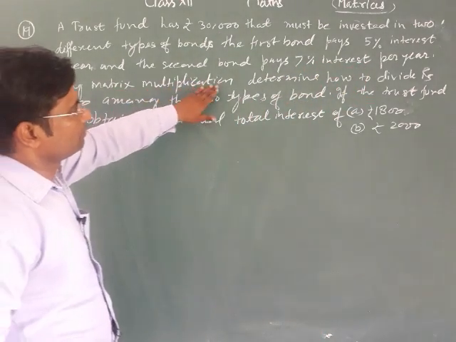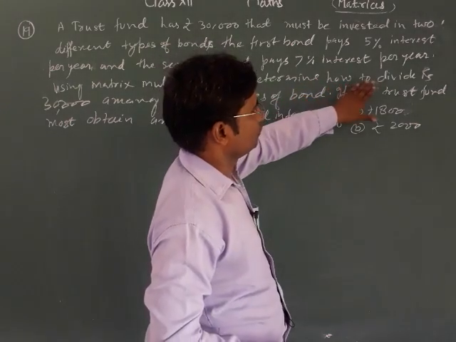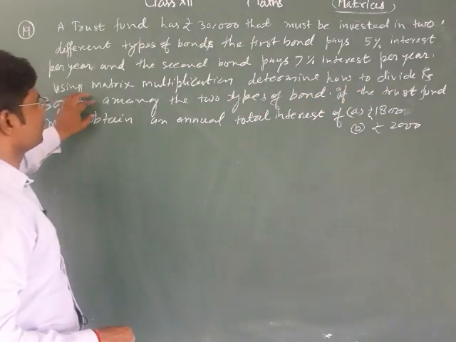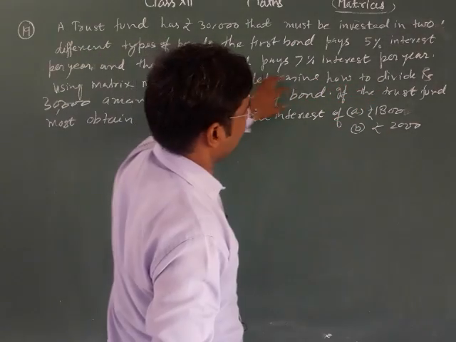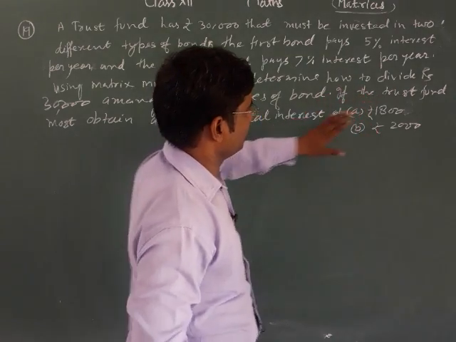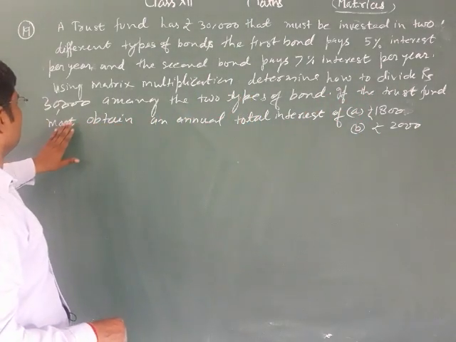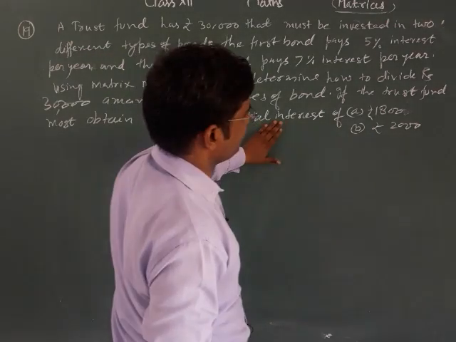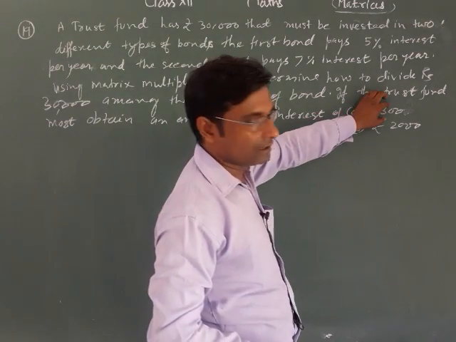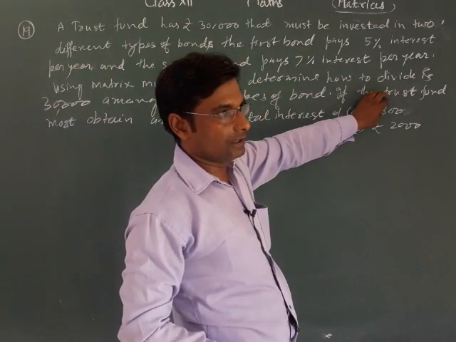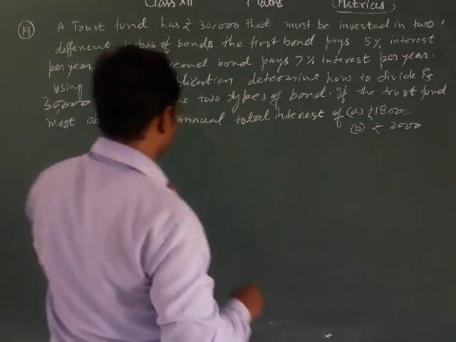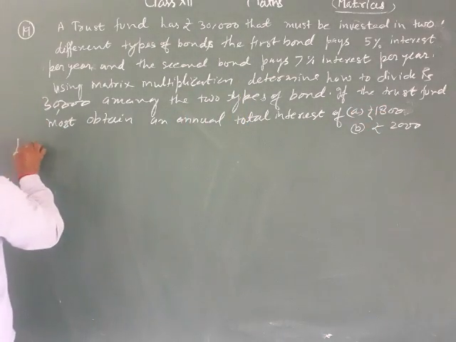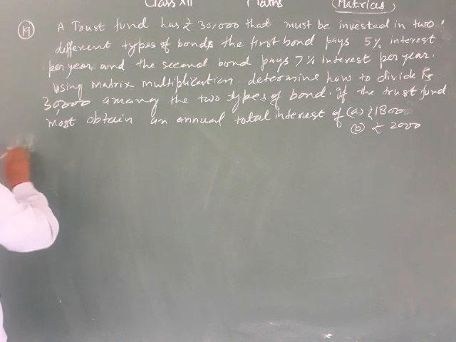Using multiplication, determine how to divide 30,000 among the two types of bond if the fund must obtain an annual total interest of 1800. So now the solution of this question,